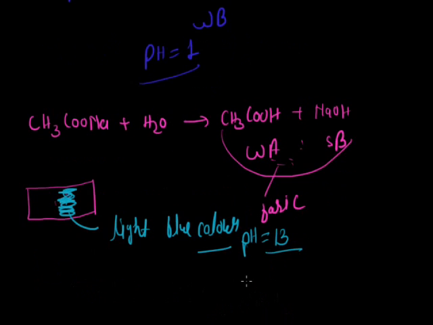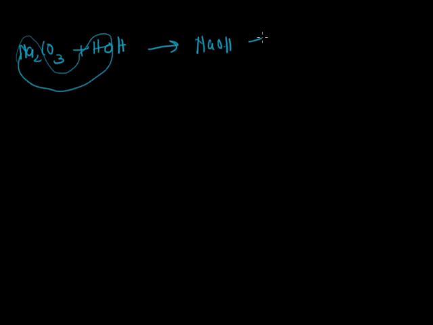Next another salt is sodium carbonate, that is Na2CO3. A similar action occurs and it reacts with water. So this sodium reacts with this OH, it gives NaOH, and this CO3 reacts with this H, it gives H2CO3. For the balancing, here 2 is applied. Now similarly, here is the strong base and weak acid. So a similar action occurs and pH becomes approximately 13.